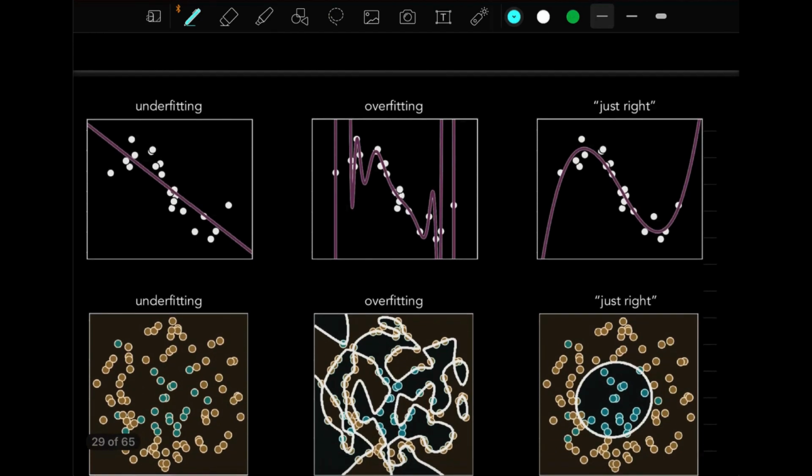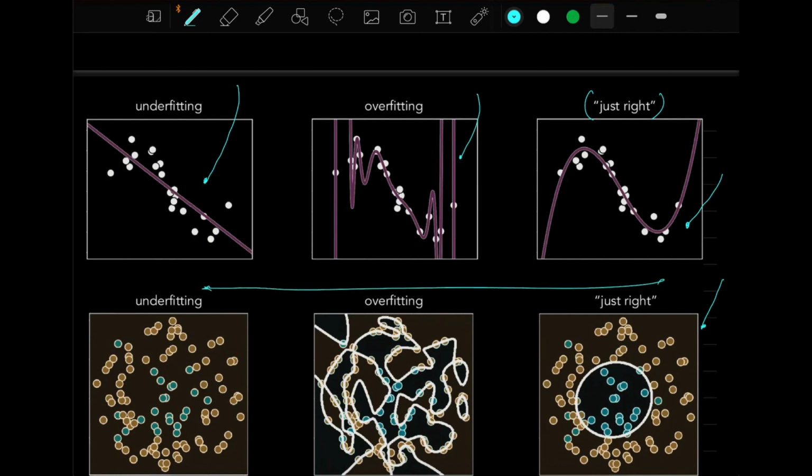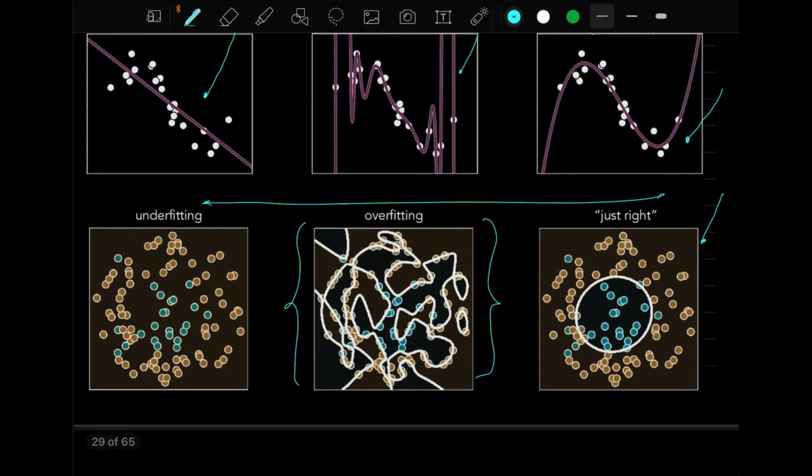So I am repeating this again. Here you can see it's underfitting of the data. This is the overfitting of the data, where the complexity is very high, and this is the just right approximation of the data in the case of polynomial regression. This is for classification. Same problem. So here we have overfitting. We want this type of situation not to occur because it is covering all the data points. We will see what problem we have if all the data points are covered in our coming slides. But this situation we completely do not want, and we want our metric to figure out where it happens.